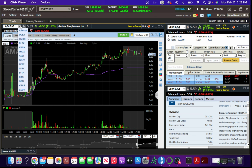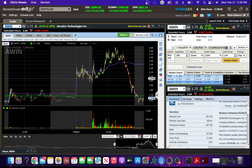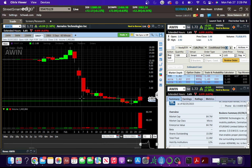There were a couple other movers. AWIN, this was one from the recording this morning, one that I was keeping an eye on, talking about if this fails to break down, this could trigger a short squeeze to test 3. Got just underneath 3. So we have a low float, low market cap play, spiking decently, and was getting to, early on,